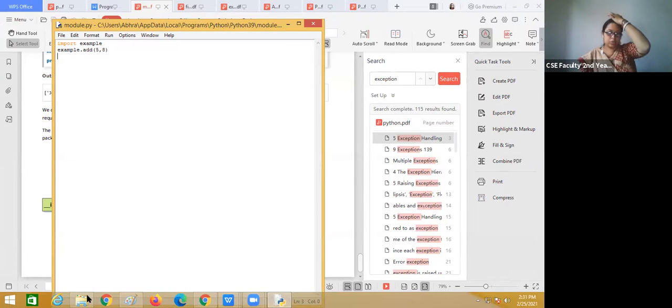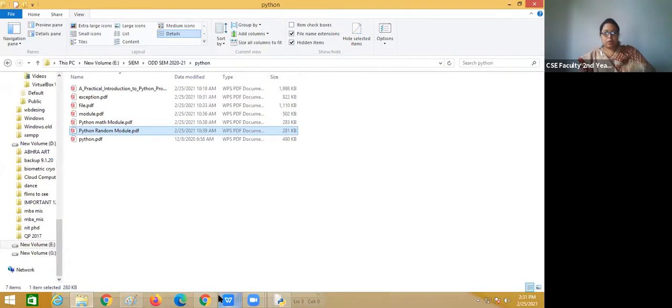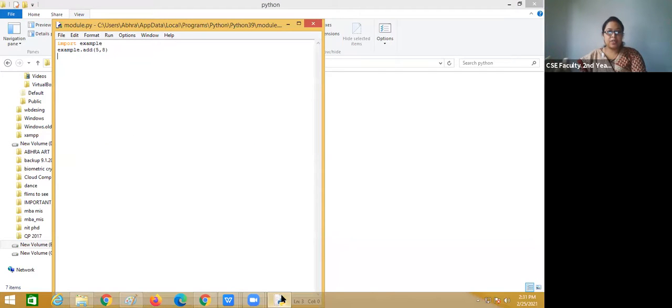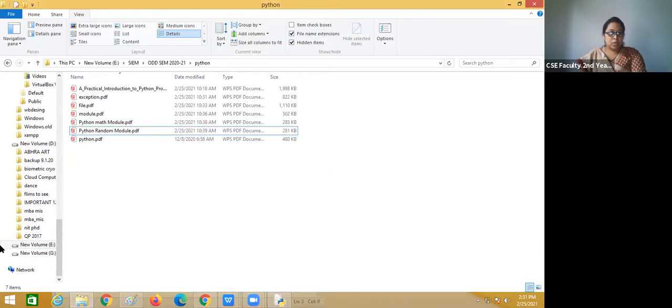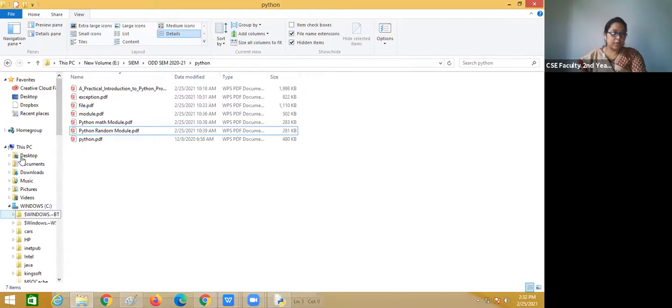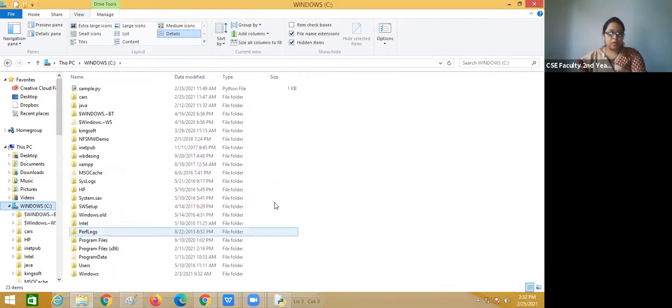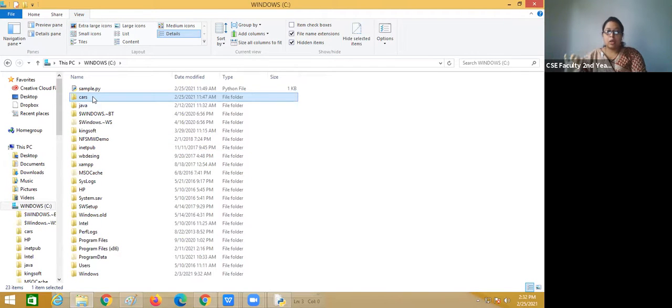Okay, another question I will just show you. When you are writing a package, how will we create that? It should be the same thing here in this module. First of all, you have to create a folder, like how you create a package in Python. Here I have created a folder, and the folder here is the package. So cars here is the package.